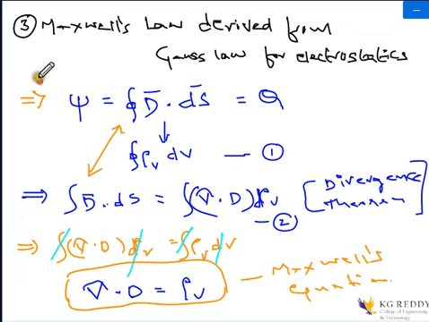Okay, so once again I am explaining this equation. We know that the Gauss law states that the electric flux coming out of the surface is equal to the total charge enclosed by the surface. This is given by the electric flux density, because D is nothing but electric flux density, flux per unit area. So we can write this Q as the integration of D bar dot dS.